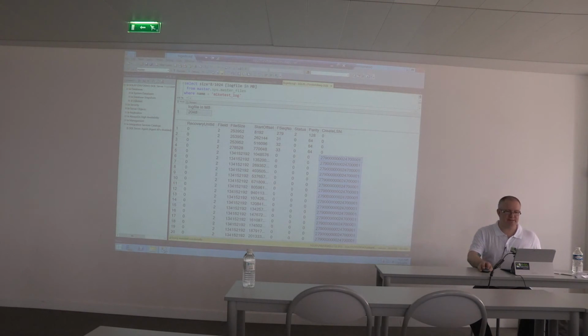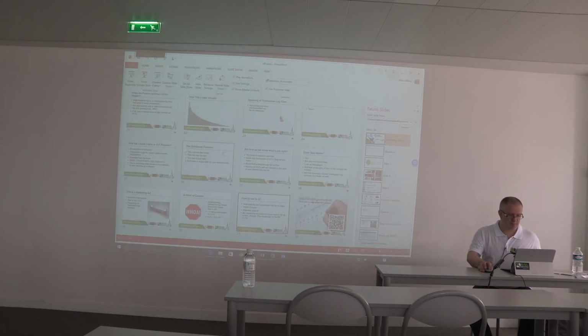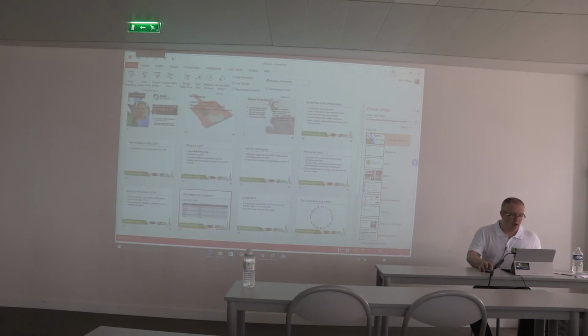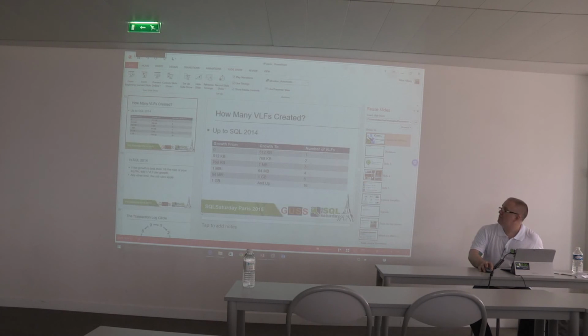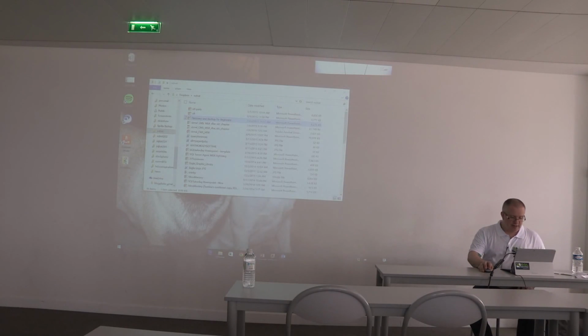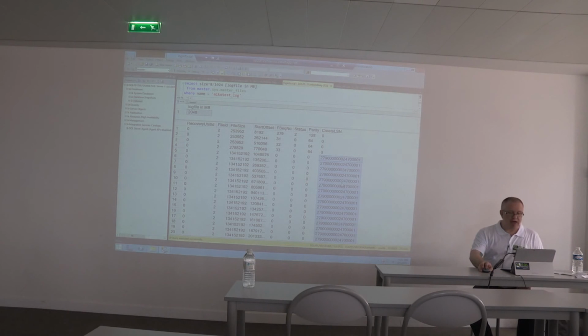That doesn't make sense. Oh, no, that does make sense, because anything larger than 1 gigabyte adds 16 VLFs. We're good. Whew. For a minute there, I thought I had a problem. So yes, we've added 16 VLFs to this transaction log file.